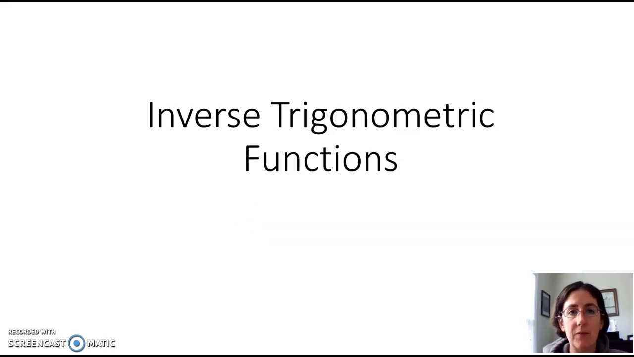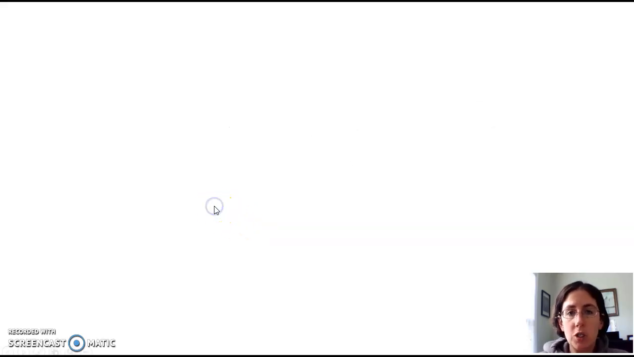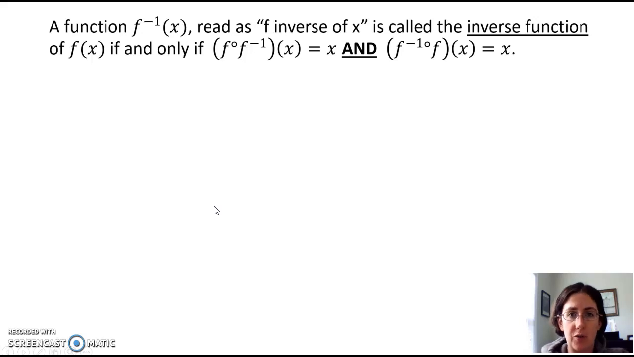Today we're going to talk about inverse trigonometric functions. So we'll start by talking about what an inverse function is. A function that looks like it's f being raised to the -1 power, but that -1 actually represents inverse. That's read f inverse of x, and it is called the inverse function of f of x if and only if